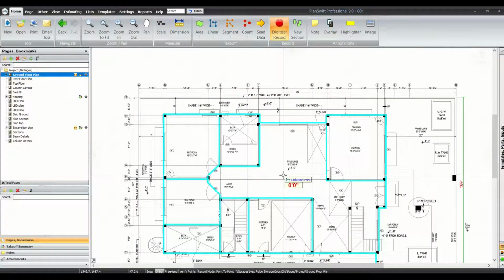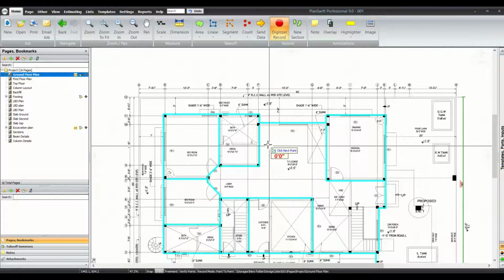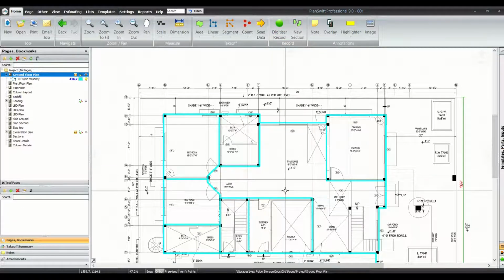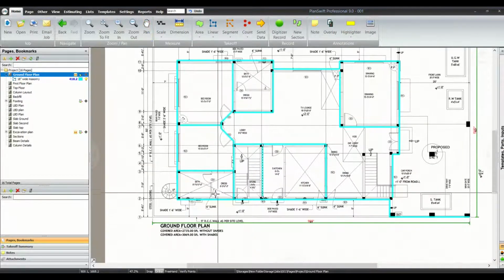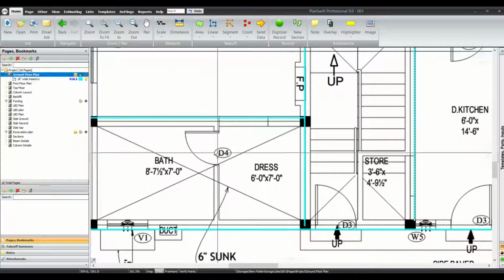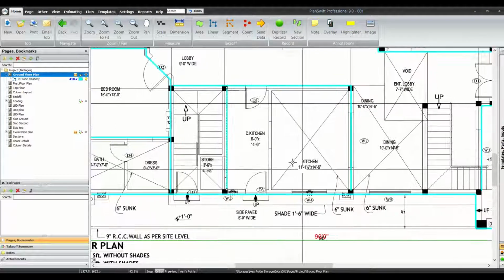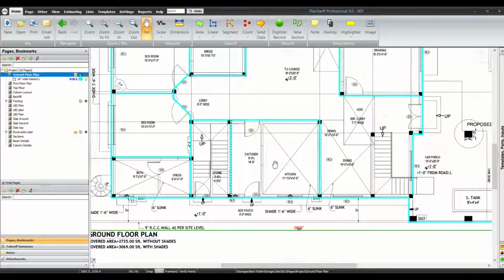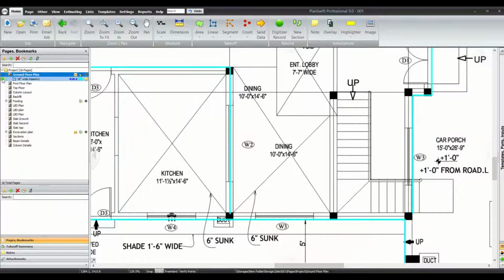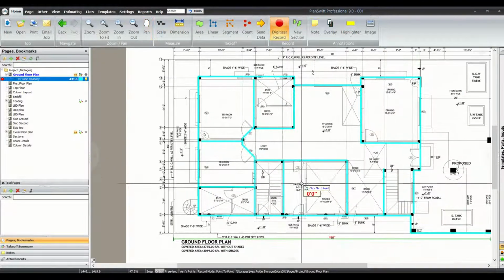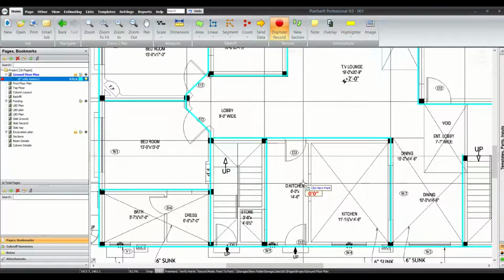Okay, so here I am done marking the walls, but during marking we noted that there are a couple of walls which we have not marked, like this wall. This is the wall of the dresser and the bath, and here we have the wall of the store, and in the kitchen we have a separation wall, and I am also missing one wall here. I will mark it as well. Why didn't I mark these walls? Because these are only single brick walls, and for that we are not going to need any footing, because we can just install them and they are just going to be used as partition walls.